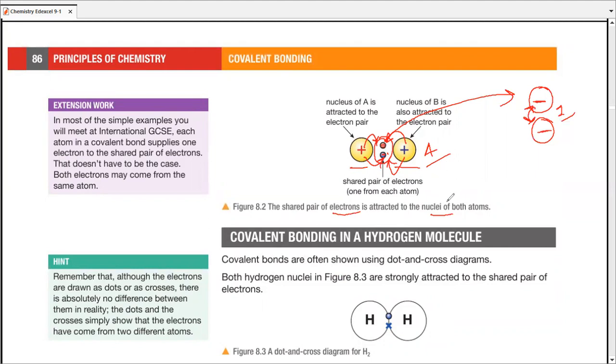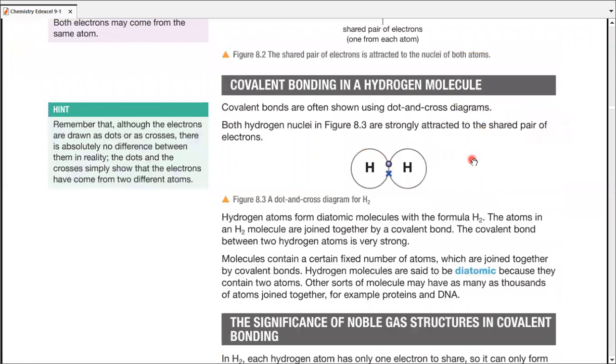I hope you understand that the attractive forces are going to dominate and a bond would form, so much so that the bond would keep both atoms close. This example is good enough for a covalent bond in a hydrogen molecule. Every hydrogen atom has just one electron in its outermost shell. We draw one of the hydrogen's electrons as a dot and one of them as a cross, and we put them at the exact overlap portion of both the circles.